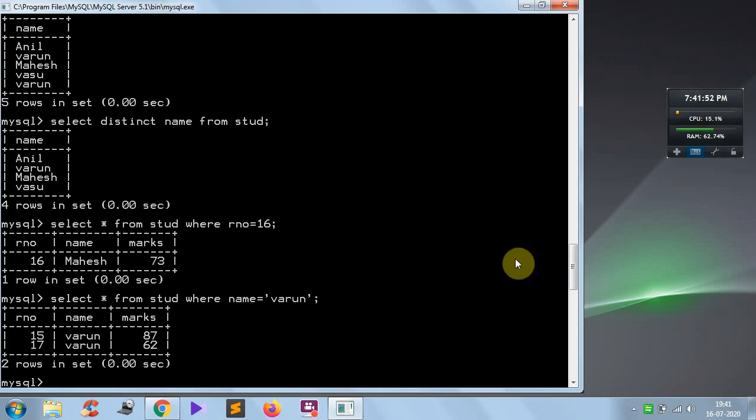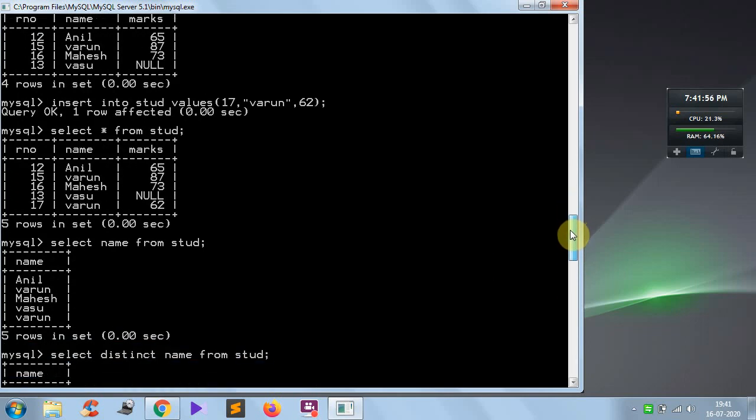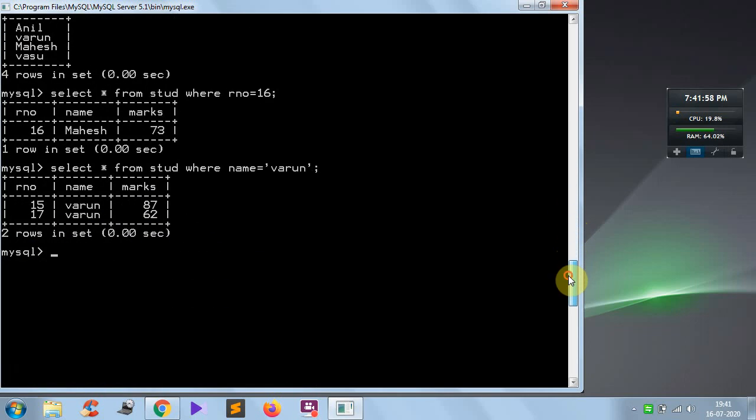Suppose I want to display the students whose marks are above 70. Select star from stud, so you have to specify the condition on row. For that you have to use the keyword where. What is the condition?